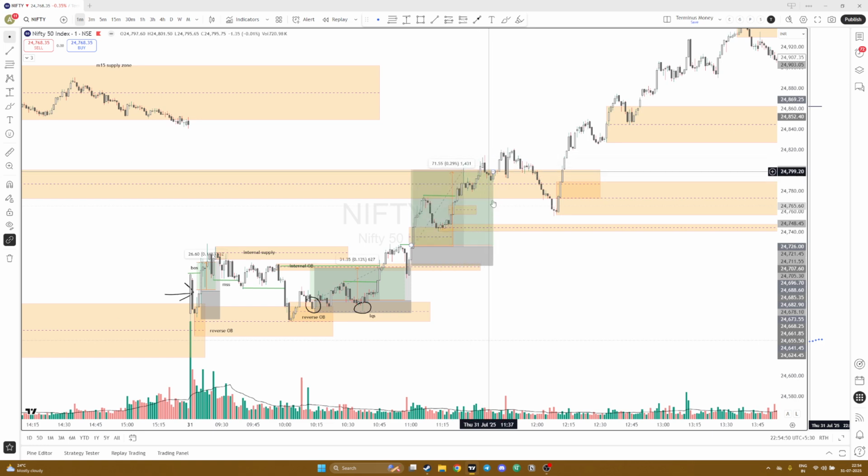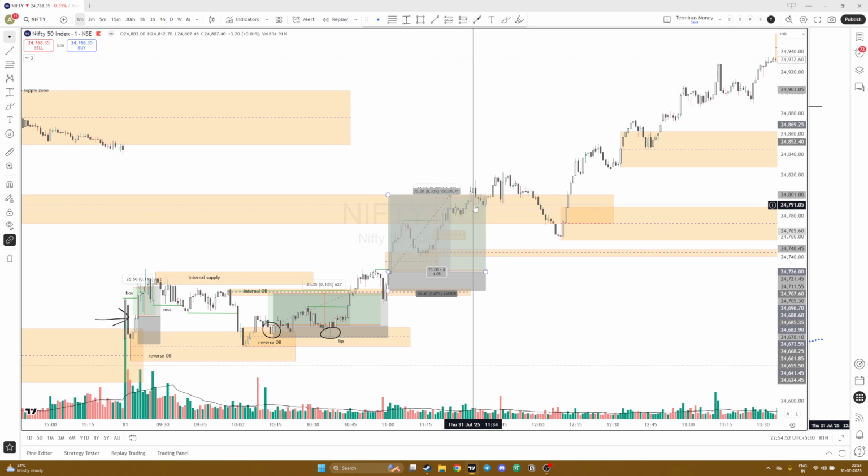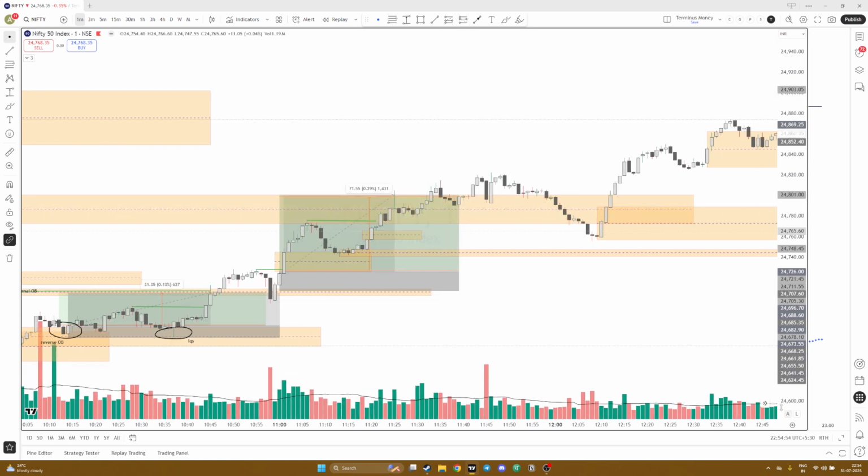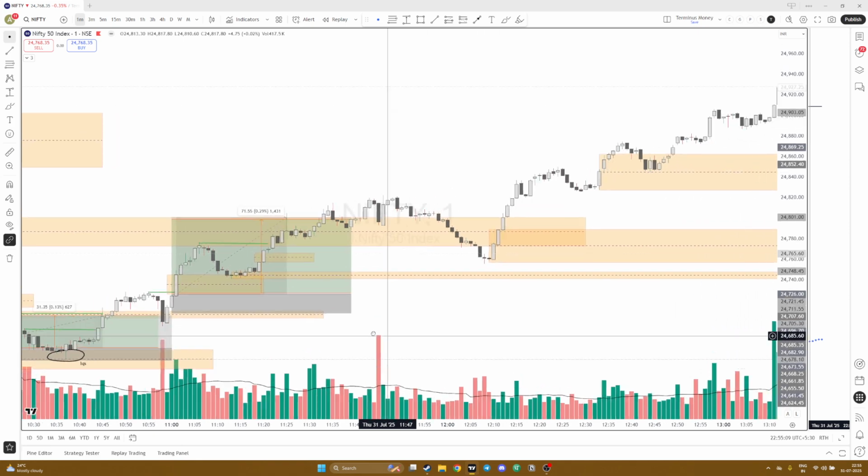So when the price just engulfed here, I'm right now focusing on this structure. So when the price got engulfed, I exited it here. So it was a 1 is to 4 trade here,